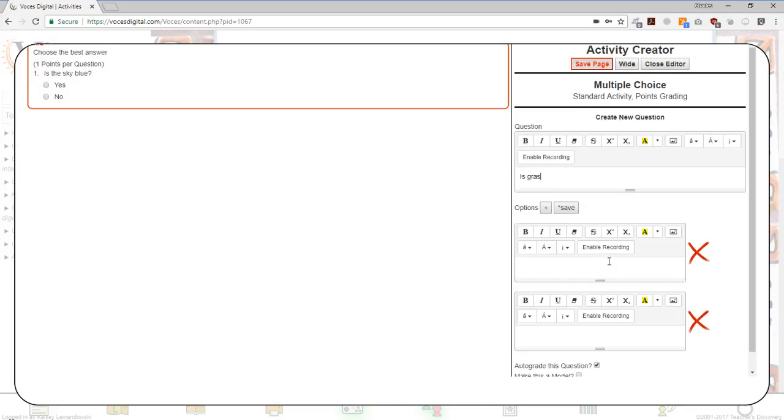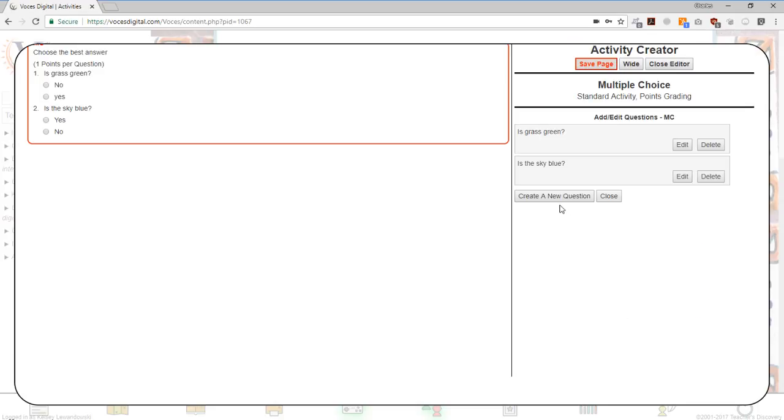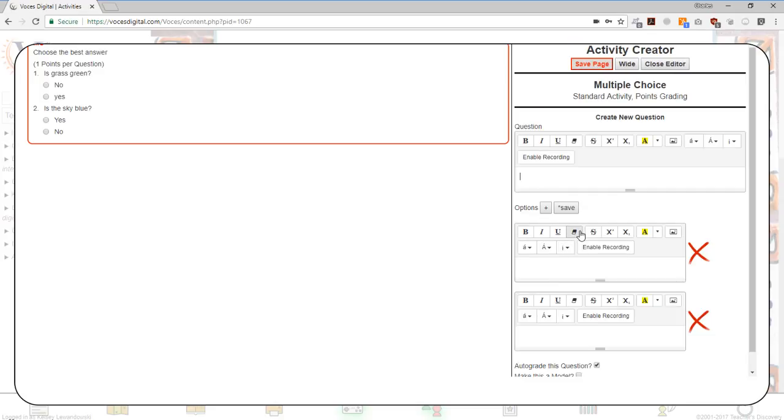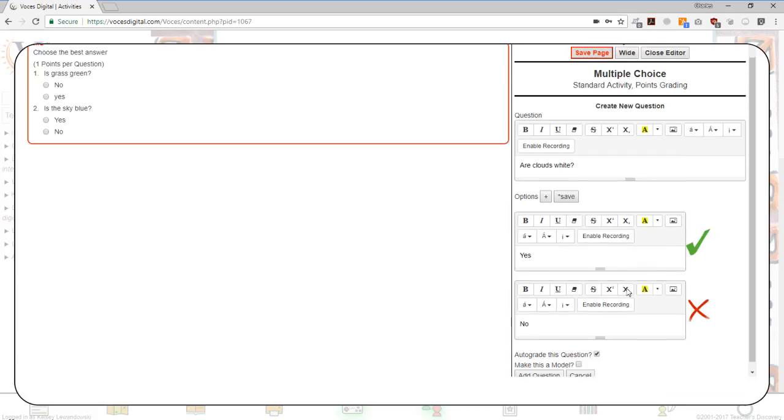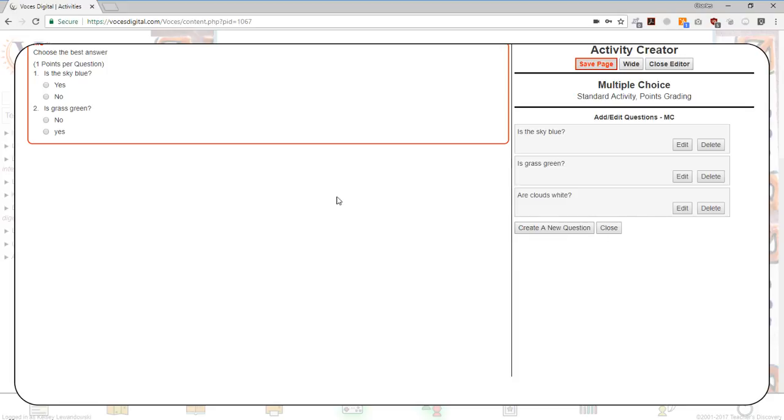I'm just going to stick with this theme here, is grass green. And again, just checking which one is the right answer and which one is the wrong answer. And I'm going to add one more question so that we can see. I know this isn't the most difficult little quiz that I'm creating, but perfect. So now I have 3 questions that I have in here, but you'll notice only 2 are showing up over here on the left,